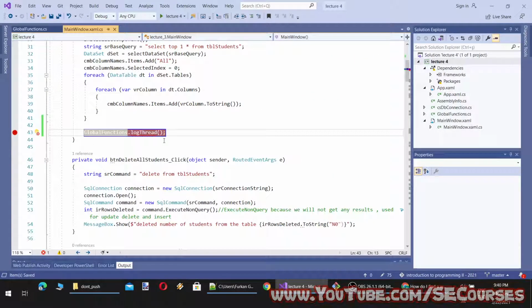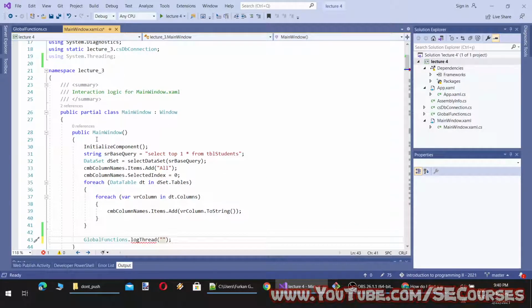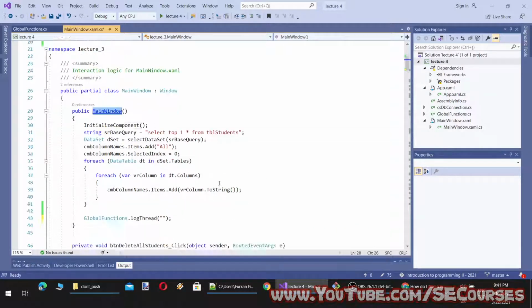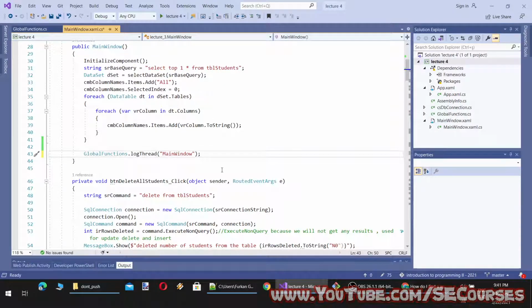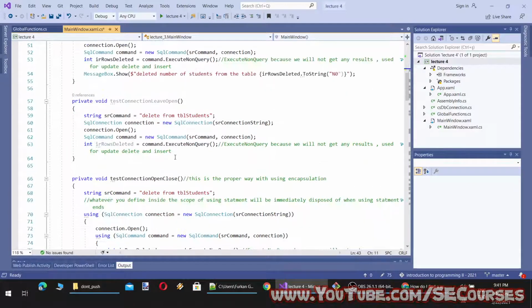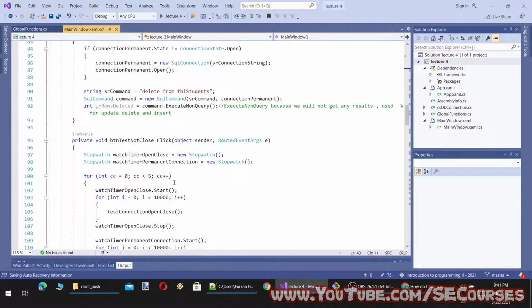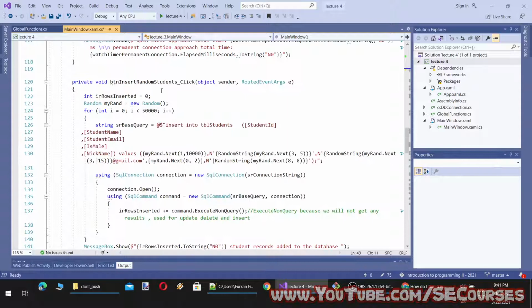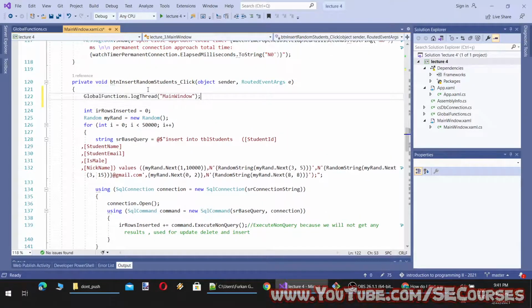So here we will just pass our method name, main window method, and then let's add it here, insert random students as well.